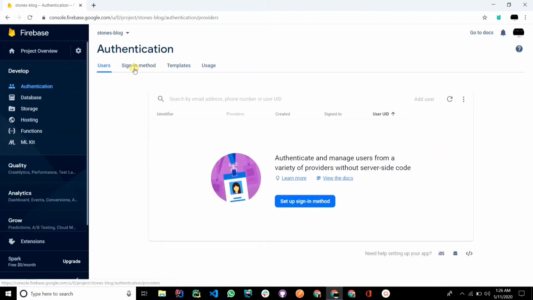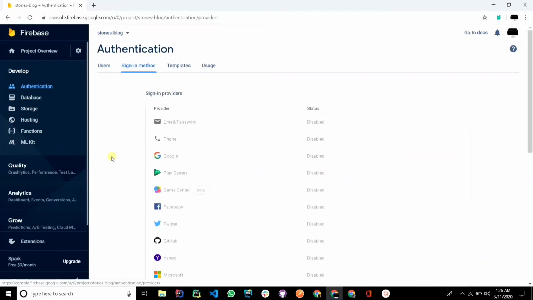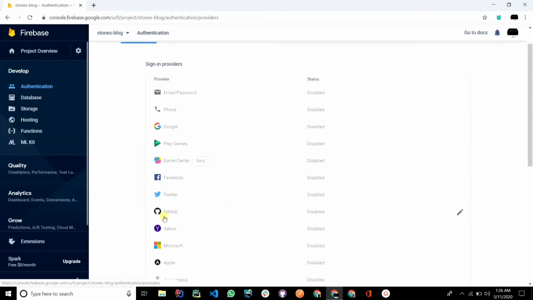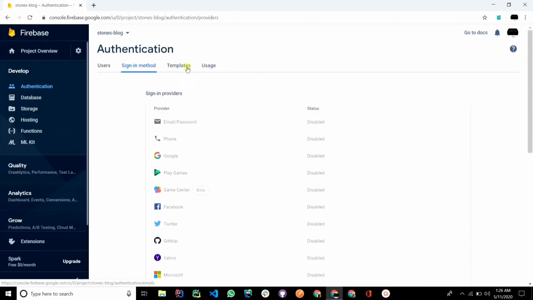And coming to this sign-in method, you often see examples like continue with Gmail or login with Facebook. So if you want to add those types of functionalities in your app through Firebase, you have to enable them here. Like if you want to enable login with Gmail, you have to enable Google, and if you want to continue with Facebook, you have to enable this Facebook option here. And you can explore all these here. We can have GitHub functionality and Twitter and all these functionalities. Okay, and we can ignore these two options.